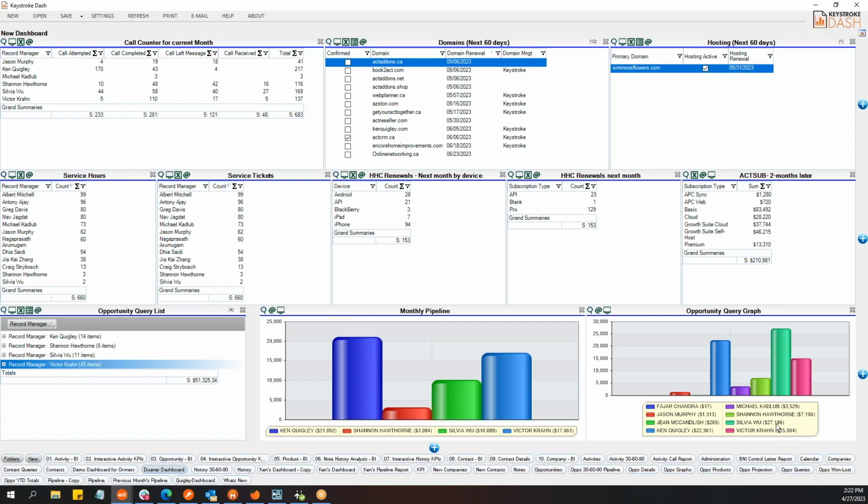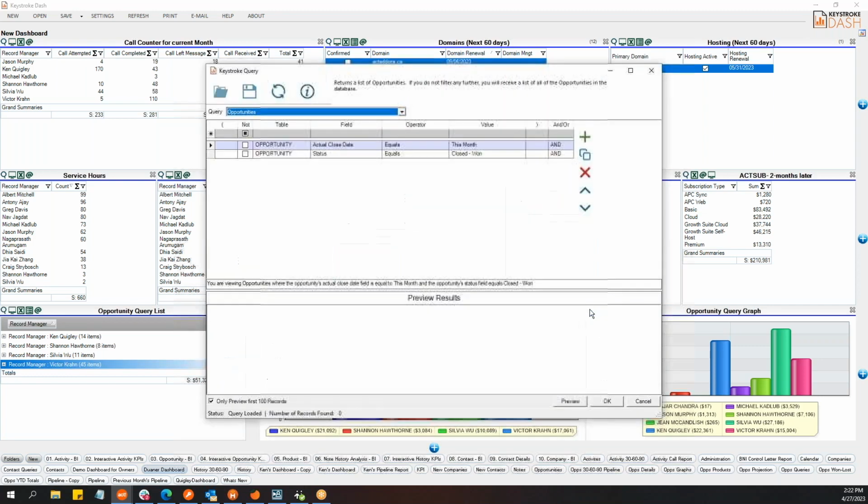Take a look at all the people here versus all the people here. Well, this is a lot of extra information that I don't really want. So now I'm going to go into the query and I'm going to define it a little bit more. I say opportunity, and we're going to do what we did earlier, and we're going to say record manager